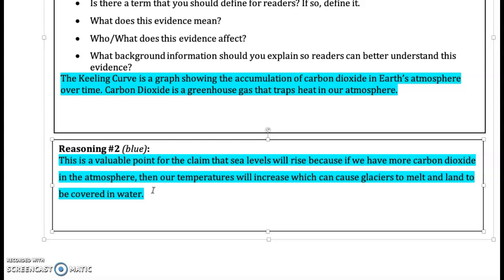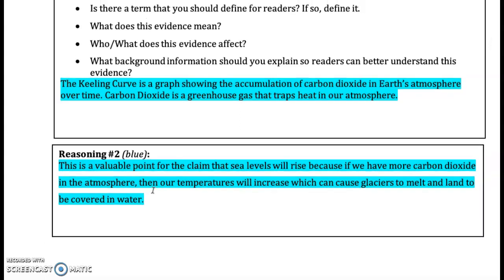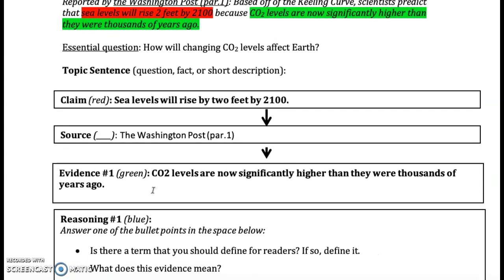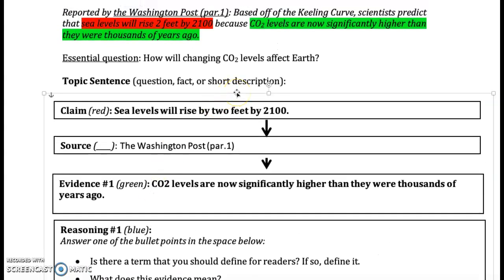Okay, so now the last thing we are going to do is come up and write our topic sentence. So our topic sentence is introducing this paragraph. So you could ask a question, you could state a fact, you could write a short description, something that's going to intro this paragraph. So I'm going to start by saying,